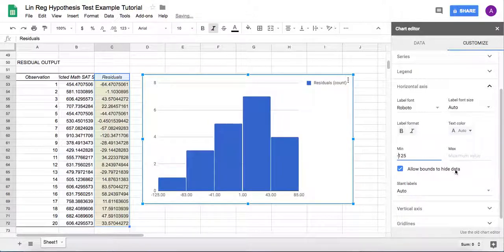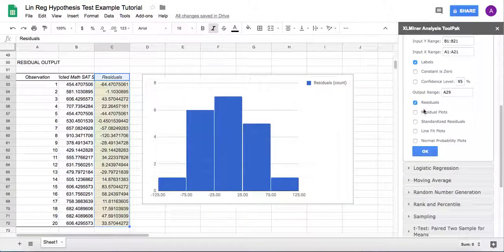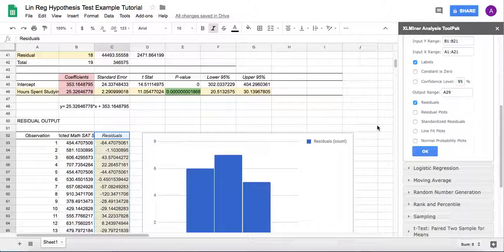negative 125 to positive 125. And there we go. And we can see, again, it didn't affect it. It is roughly normally shaped. Okay, well, I hope that this helped,